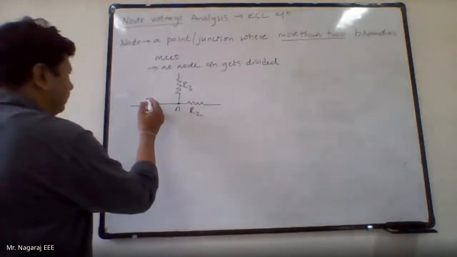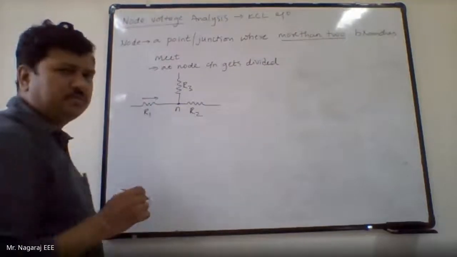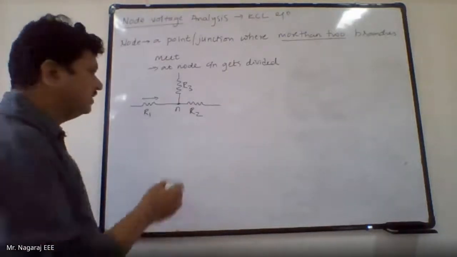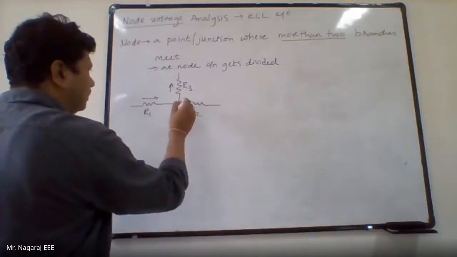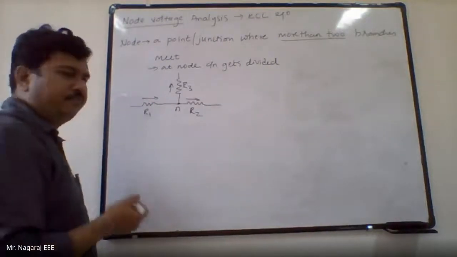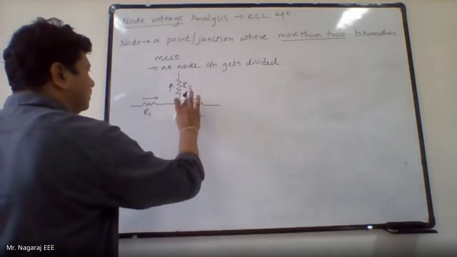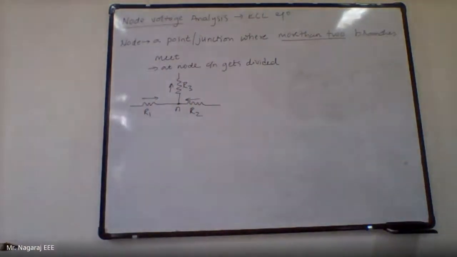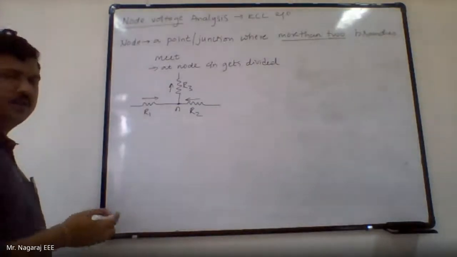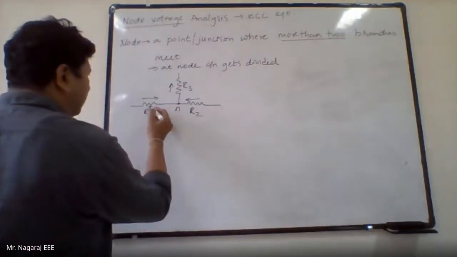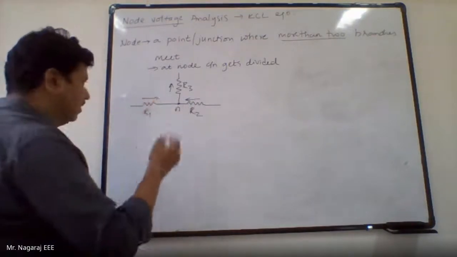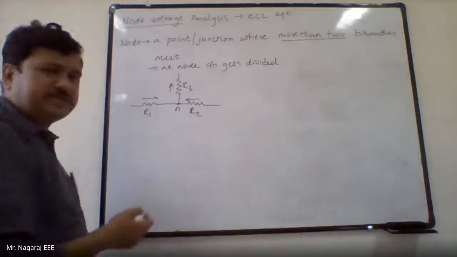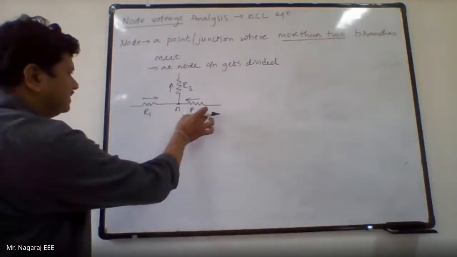Now, if resistance R1 is carrying some current, then at this node the currents get divided, in the sense there may be some current flowing through R3 and some current flowing through R2, or there is a possibility that R2 may also carry some current which will result in the total current in R3. There are many possibilities. But the thing is that the current in R1 and R2 is not the same. Not the same in the sense not by value. By value it may be the same, depending upon the potential difference.